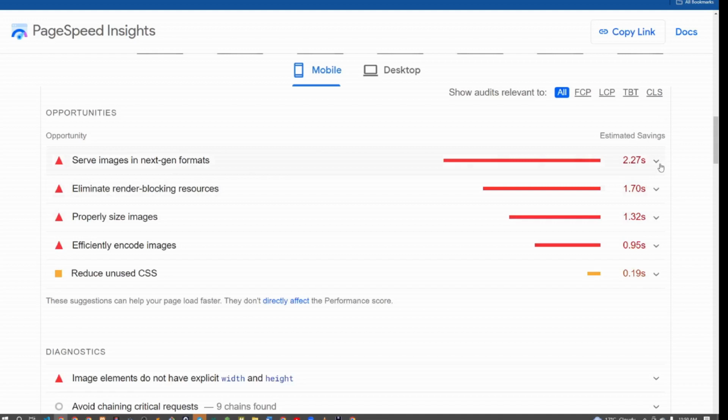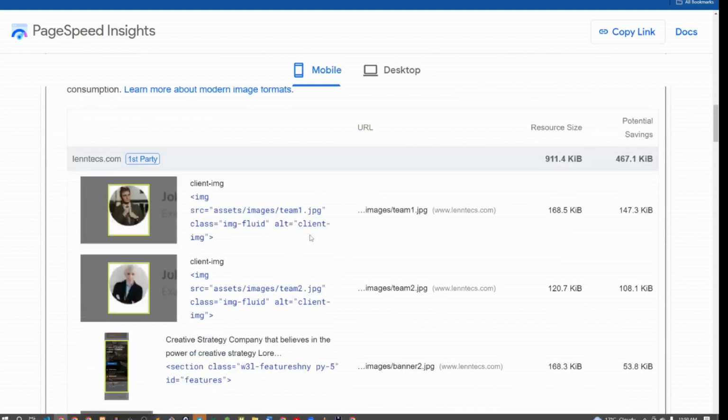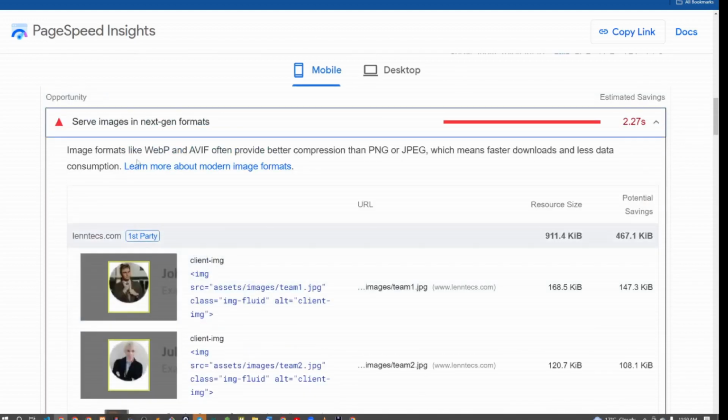So, let's address this performance issue. Performance issues affect the mobile and desktop independently. You can see that on desktop our web page is performing well, but on mobile it is not. Let's see how we can go about this. To address this first point, we must convert all our images from JPG to WebP. We can use this online platform to achieve that,